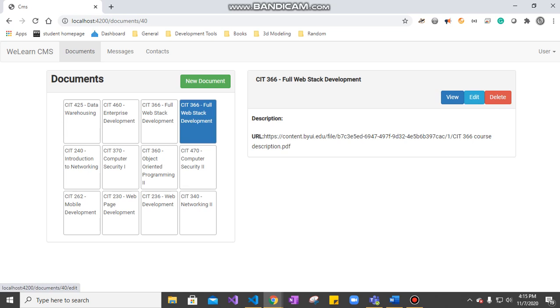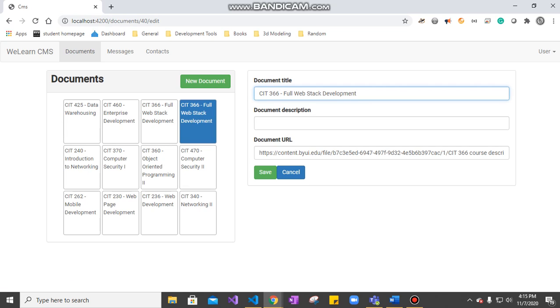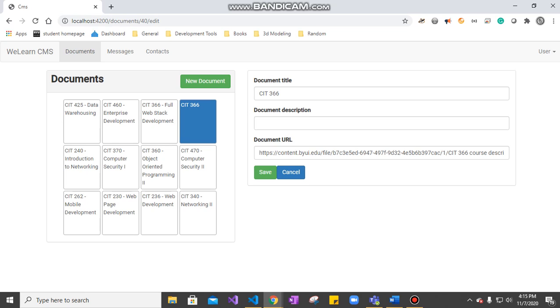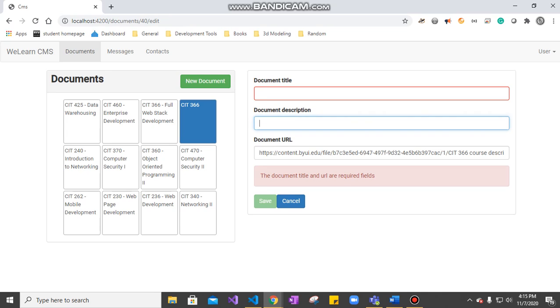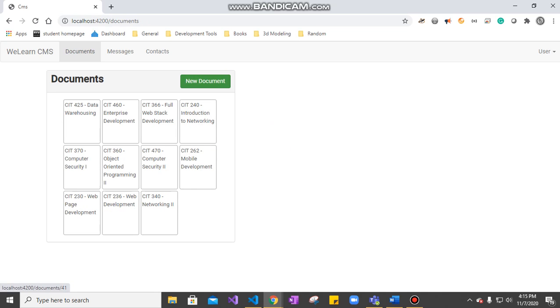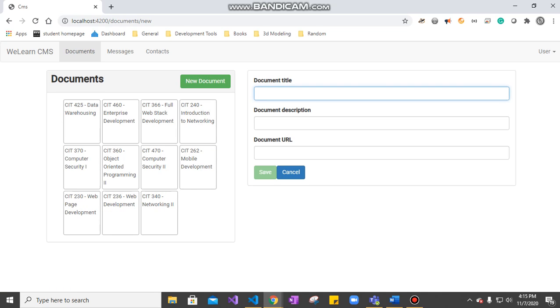I didn't break it. I can edit an existing document, so I can take away that and save it, and now it's just going to be 366. I can take away the entire title, and it won't allow me to submit it. I can delete an existing document. I can create a new document,